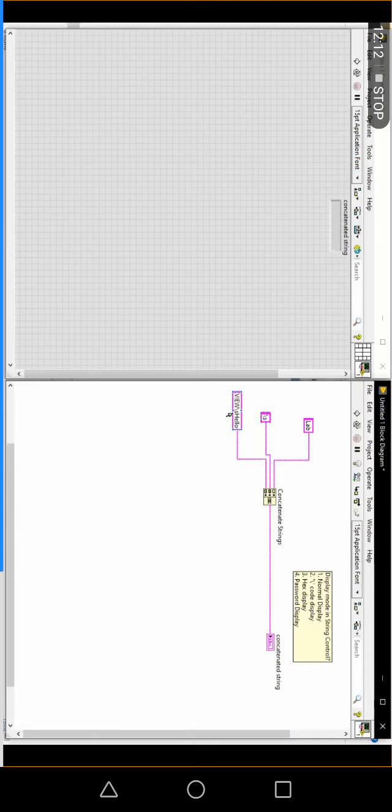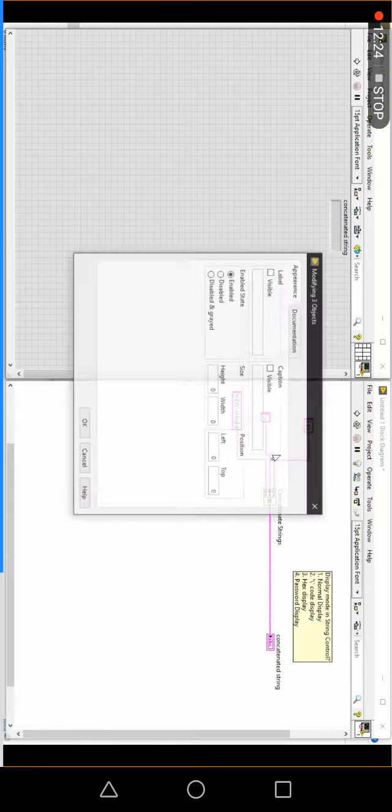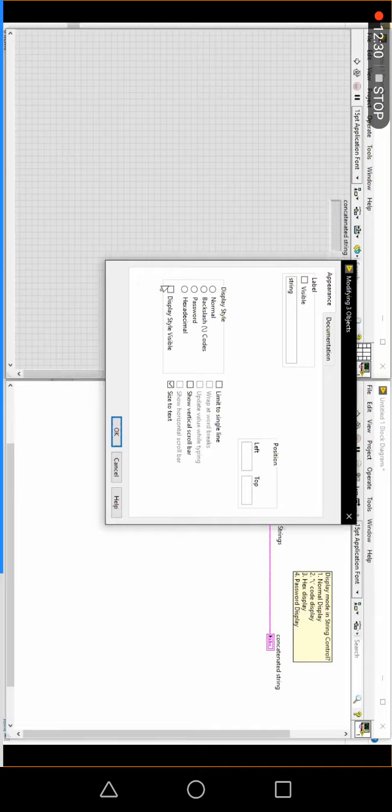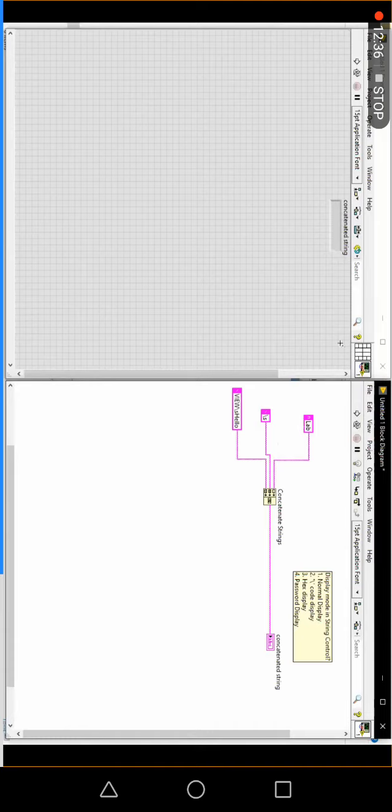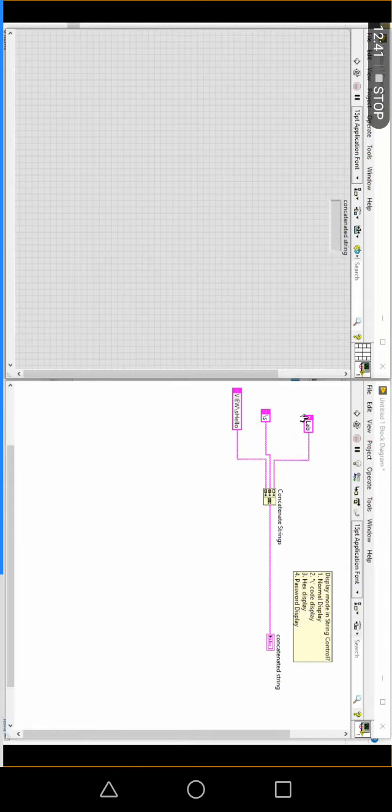But in the examination, how will you identify this? They will provide one radix. Radix in the sense: I select here, right click, go to properties, go to appearance, and there you have display style, visible. If you check this one and then click OK, it will provide the display method. Normal display shows n, and slash code display shows a slash. Notice clearly.